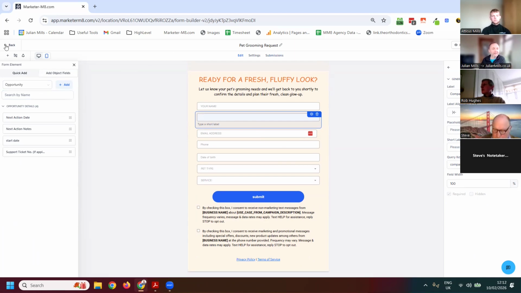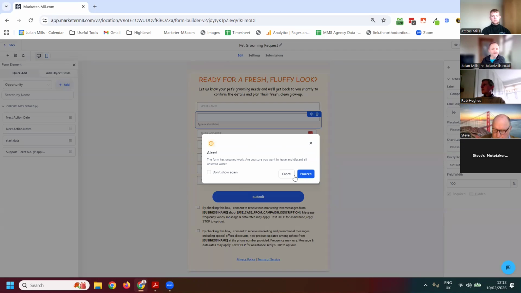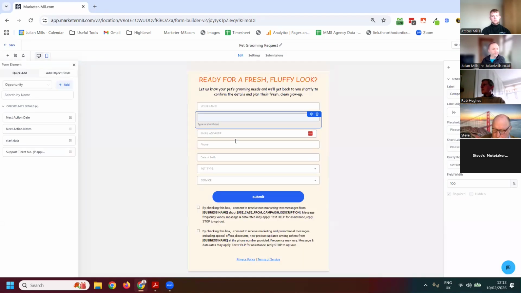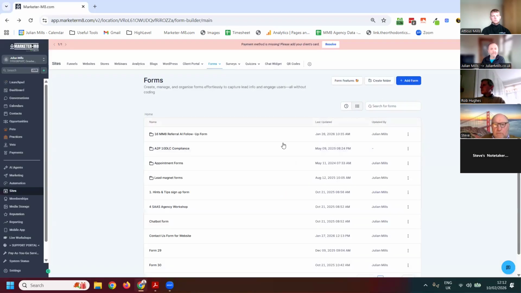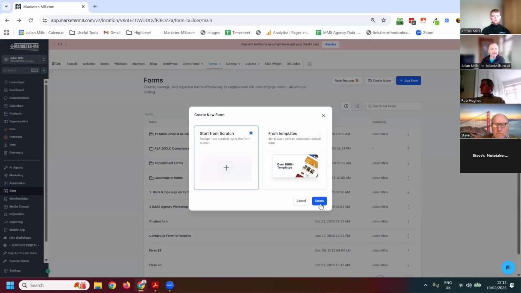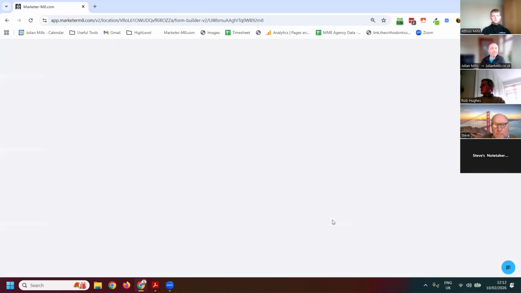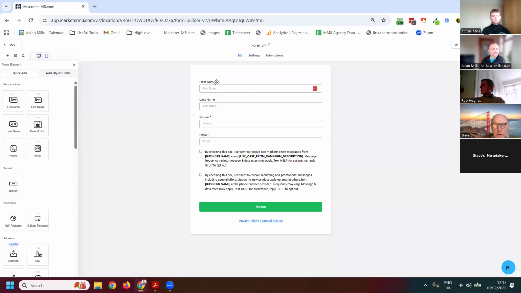If we go back, often what I'm doing now, because if you're embedding the form on your website, you don't need any fancy images and things like this one had. You might just go to create a plain template. Add forms. You might just start from scratch. This is what I typically would do. Go start from scratch. Yeah, so it gives you a sort of standard starting point. Here's my default